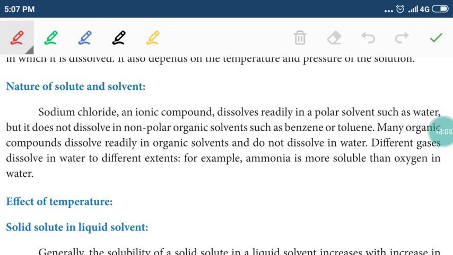Always a polar solute will be dissolved in a polar solvent, because a polar solvent has the ability of separating polar solutes. Polar solutes will be separated into cation and anion. You take sodium chloride. Water is a polar solvent. It can separate Na plus and Cl minus from sodium chloride. So the selection of solute and solvent is an important one. And non-polar solutes, organic compounds, can be dissolved in non-polar solvents like organic solvents: benzene, toluene, chloroform, carbon tetrachloride, ether, and so on.